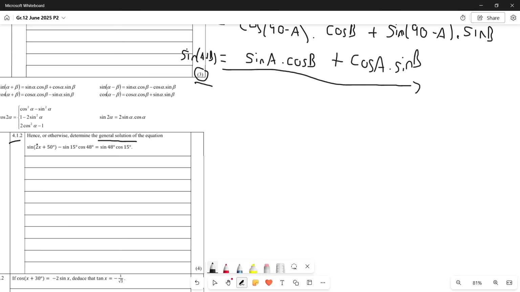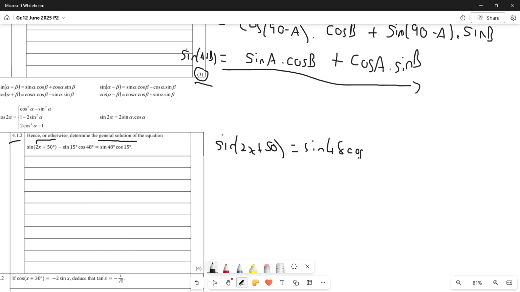But in this case, whenever there's something affecting the angle, for example, we have a compound angle, the best bet is to take this over to this side so we can then see what we need to do. The hence, once again, told us to work with some sort of compound angle, and these angles here are very specific. So what we have is sine 2x plus 50 over there, and that equals